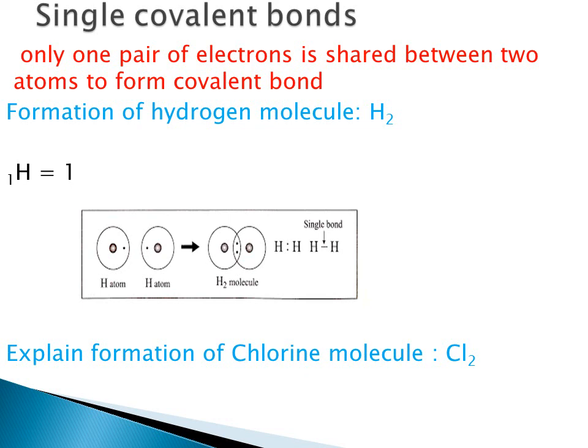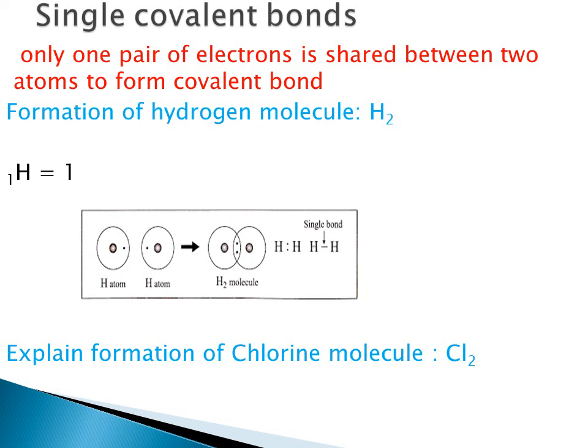And as we had discussed before, here you can see the presence of only one pair of electrons between these two atoms, right? One pair of electrons is shared by these two atoms, or each atom has contributed just one electron to form a bond. Then such type of bond formed is called as single covalent bond.